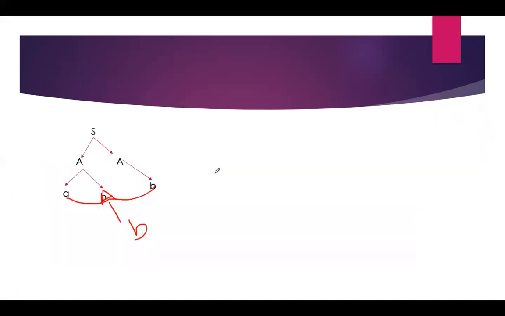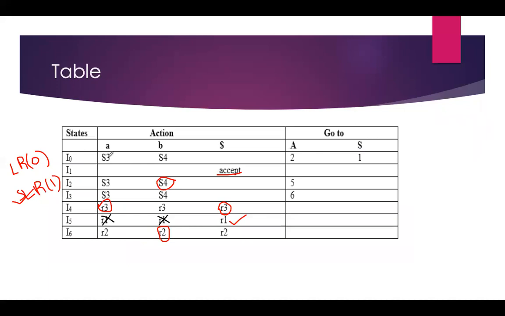Here what we need to check is whether there is any conflict, meaning shift and reduce statements in one column. If there are two entries, then it is called a conflict. Instead of S3 here, I also got R1. This is called a shift-reduce conflict.